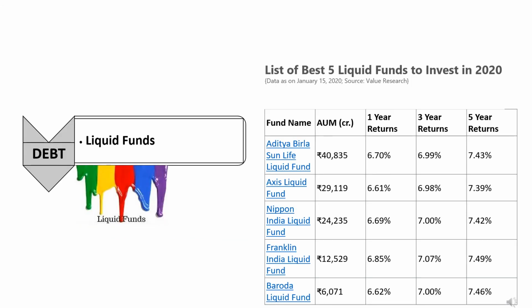The other category of mutual funds are the debt funds that invest in fixed income securities like bonds and treasury bills. They are further classified into three types: liquid funds, gilt funds, and fixed maturity plan. The liquid funds are debt funds that lend to companies for a period of up to 91 days. These are the safest funds among all the mutual fund categories due to their extremely low lending duration.